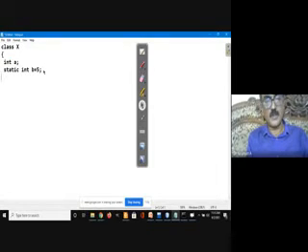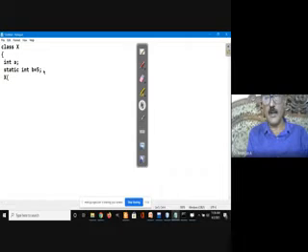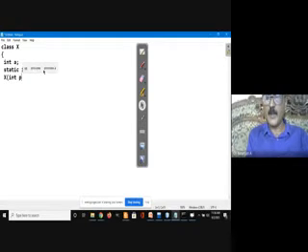Then I will use a constructor. The constructor name should be the same as the class name. I give int p comma int q. I'm using a parameterized constructor here. In the example that I had shown, that constructor was not accepting any parameters.